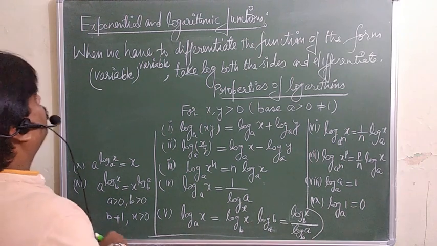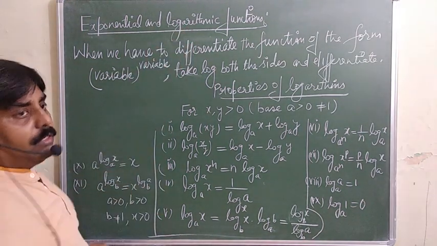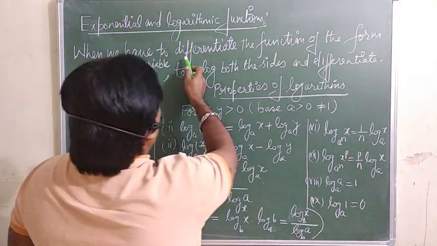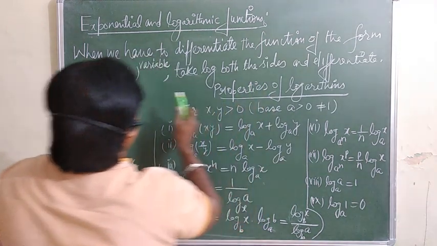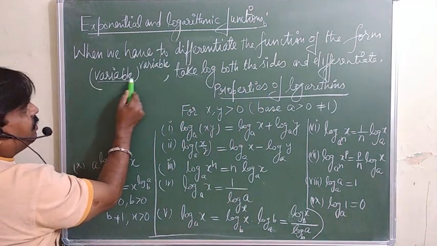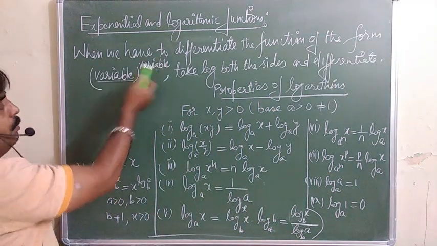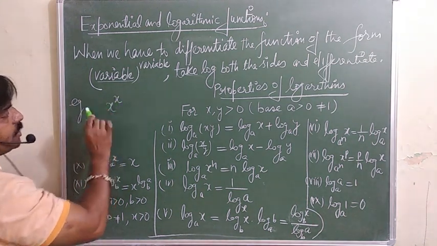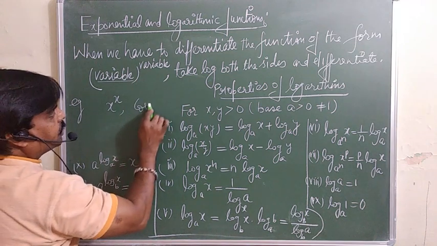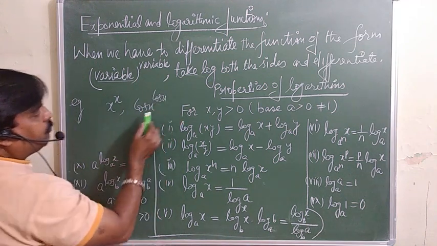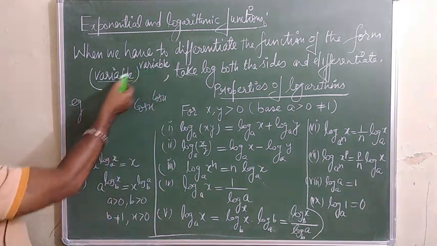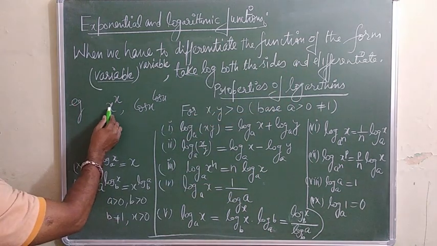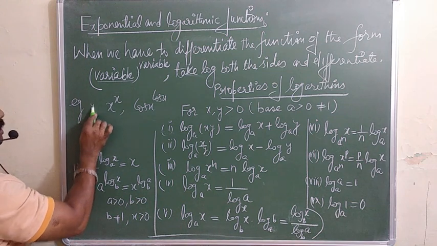Yes. Now we will discuss about the logarithm functions there. When we will take the log, when we have to differentiate the function of the form, means if the exponent of the variable is also the variable. अगर variable की power variable है, for instance, suppose like x raised to power x is there, or cos x whole raised to power cos x is there. If the exponent of the variable is the variable, then we are supposed to take the log of both the side. Like for instance, like x raised to power x is there, you can assume let us this is equal to y.